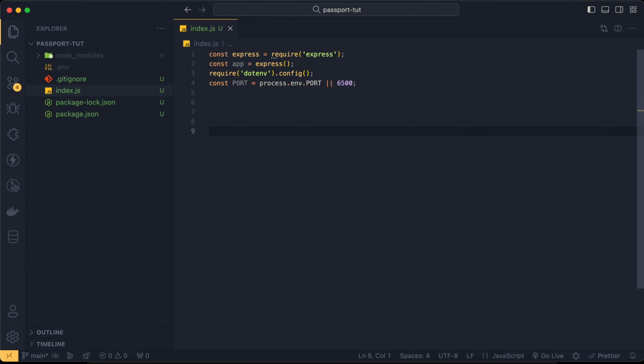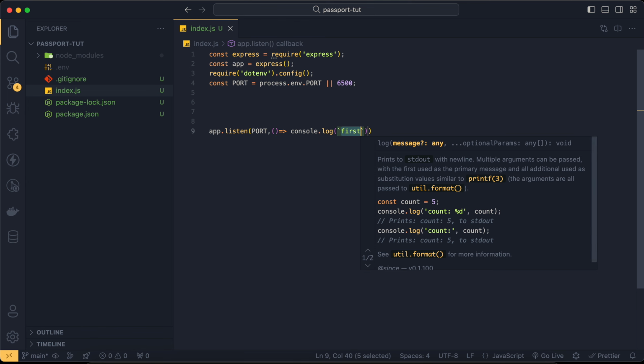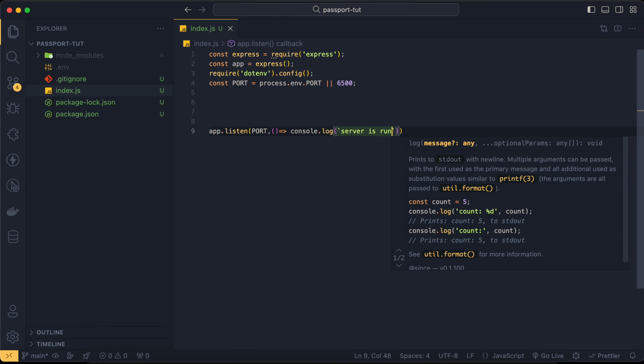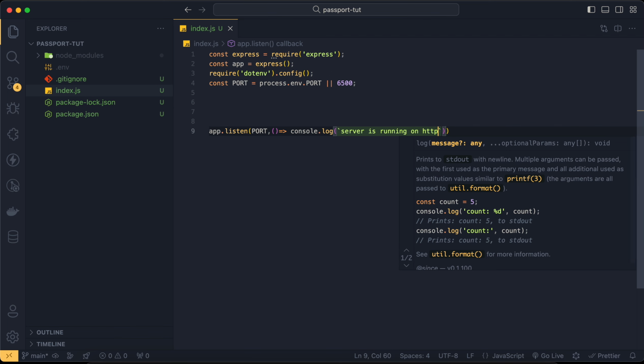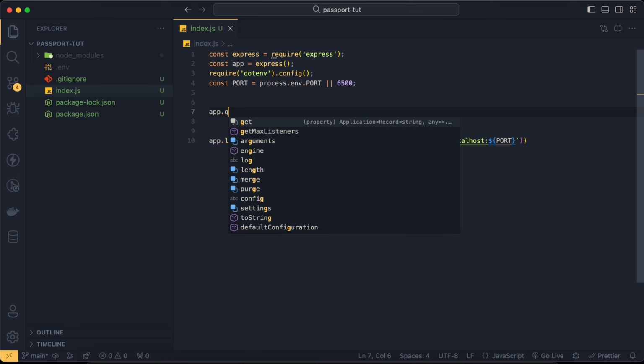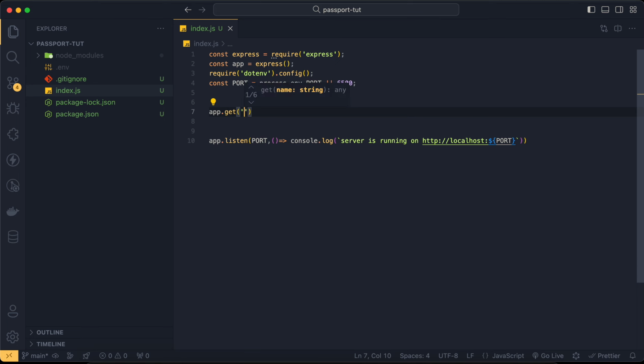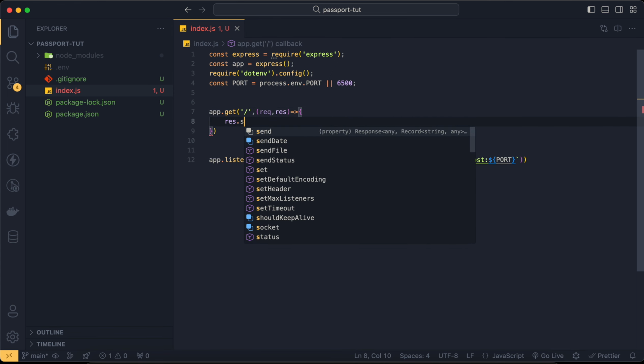All right, so let's just tell our app to listen on this port and log a really basic message to the terminal. So server is running on http://localhost, and give it this port. All right, we're all set here. Let's just define a really basic endpoint to test our application. I'm gonna give it request and response objects and